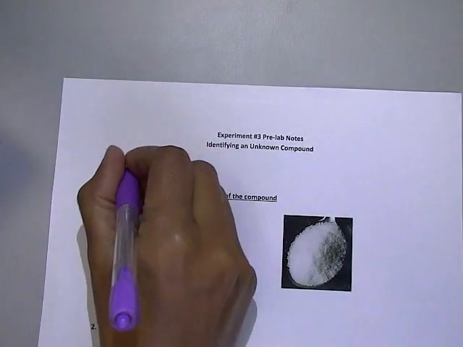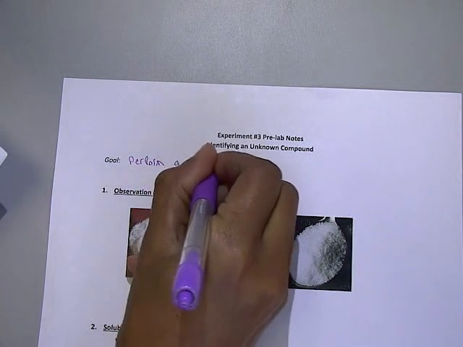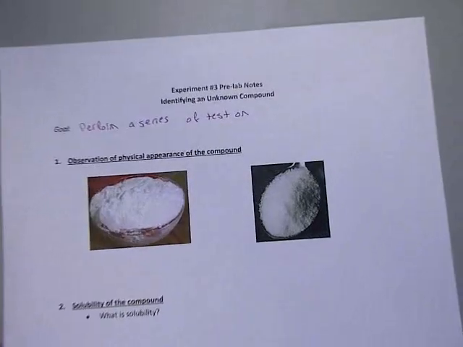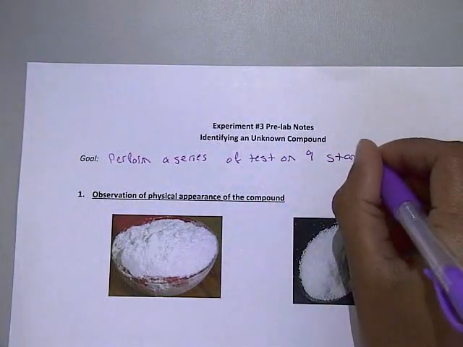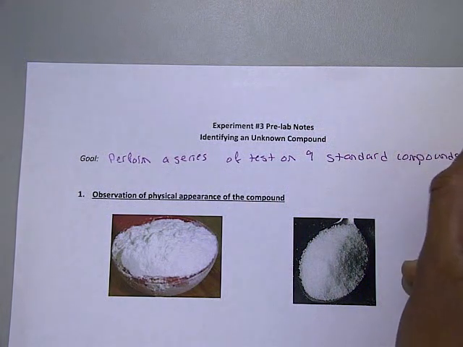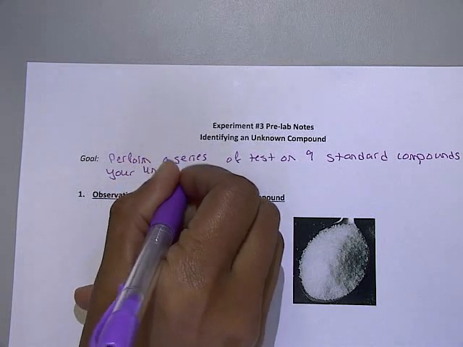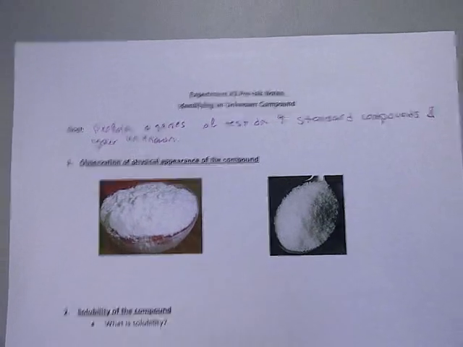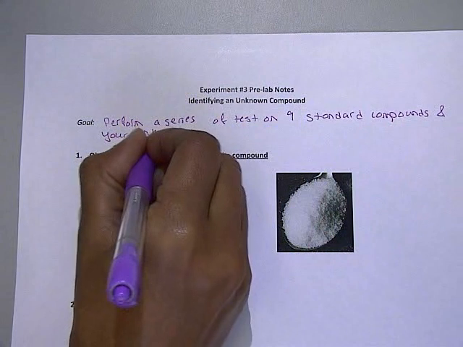The goal of this experiment is really to perform a series of tests on 9 standard compounds and also your unknown. You're going to be performing these standard tests on your 9 compounds and your unknown, but another goal is to identify this compound,